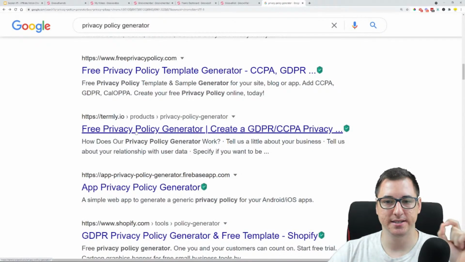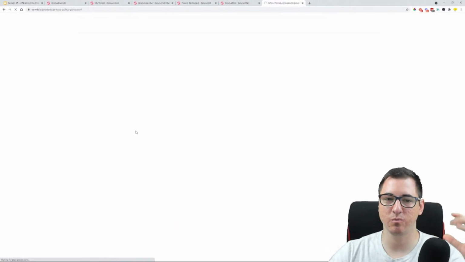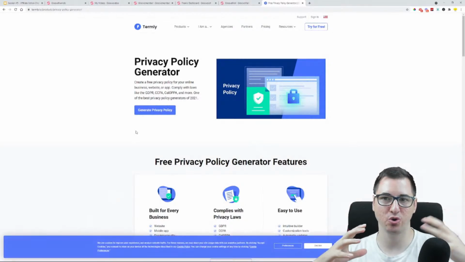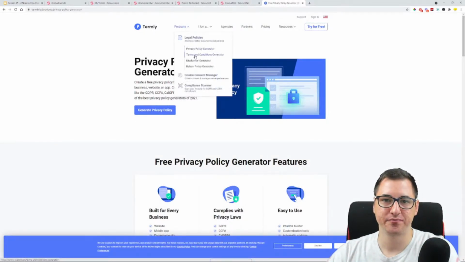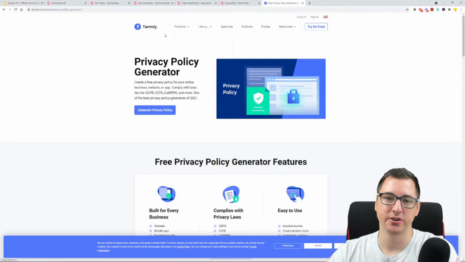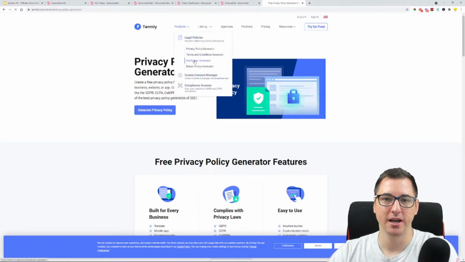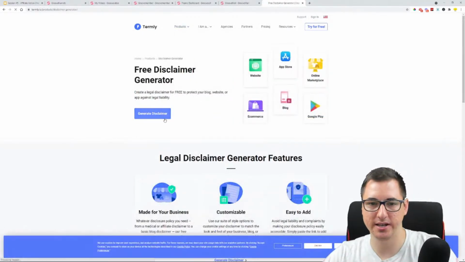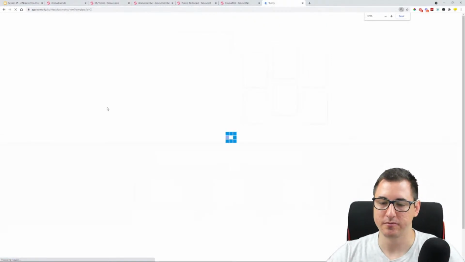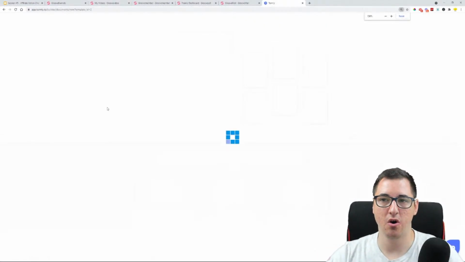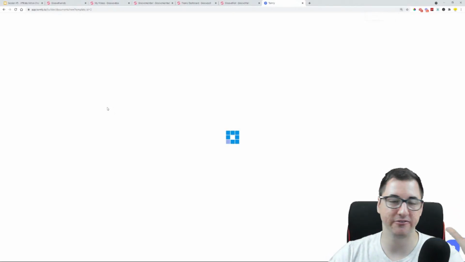The one that I found that is kind of good and kind of goes through a lot of these things is the disclaimer generator, privacy policy generator, and terms and conditions generator from Termly. Termly is a pretty popular company, but let me show you how it looks when you're generating these documents with Termly. They ask you quite a few questions: are you collecting testimonials, are you doing affiliate marketing, are you tracking cookies, are you doing these types of things,